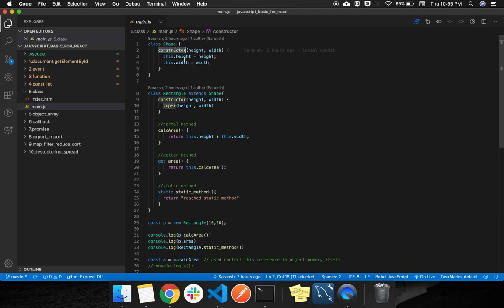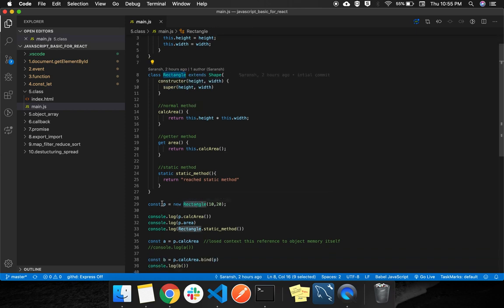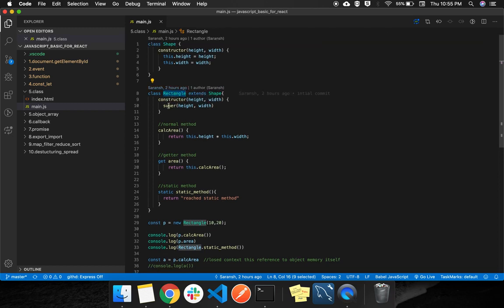is holding the memory. Same, there is another class Rectangle which extends Shape, meaning this extends the properties of this class, and under its constructor we are calling super, and that means we are calling this constructor. So for this Rectangle class, here we are creating an object with new, passing 10 and 20. This 10 and 20 will come here as height and width, and this will jump to super, meaning this constructor, and it will get here 10 and 20, and it will come to the context of this height and width.